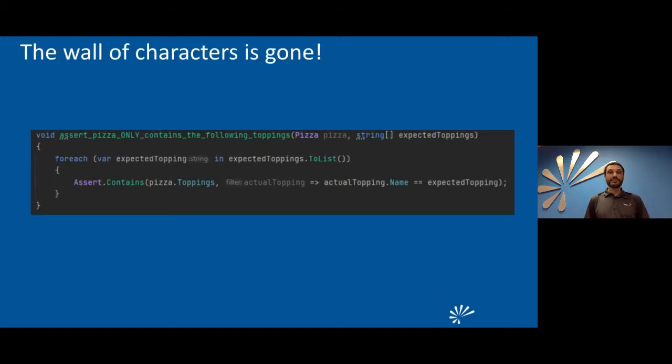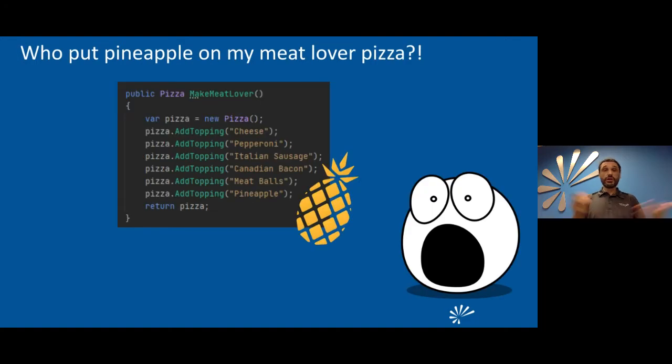And then what does that method actually look like? Well, that's just a for each on the list of toppings that I'm expecting, and I have my assertion there, right? So instead of copy, paste, copy, paste, everybody knows how to write a for each and call a method to do the thing. So now that I have that assertion, I can reuse it on my other tests. It's not a big deal.